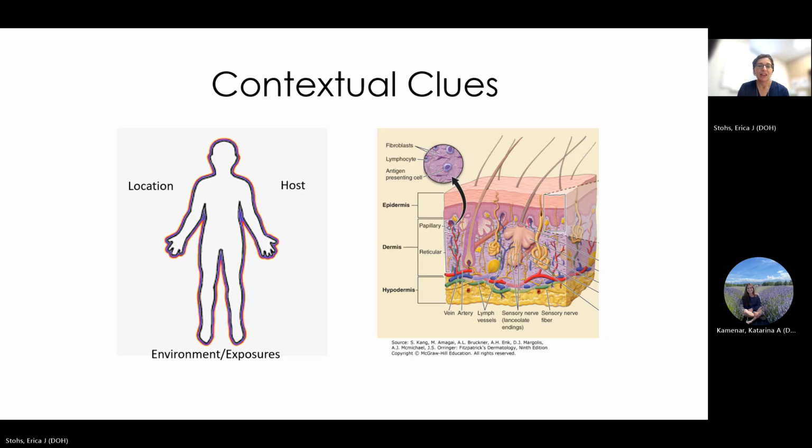Before we dive in, it's important to think about context when we are discussing cellulitis. If we step back, think about our host. Is this an immunocompromised person or immunocompetent? The location on the body is going to tell you a lot about the different kinds of organisms that might be causing a skin and soft tissue infection, but really there are two main ones that I'm going to talk about. And then also the environment or their exposures make a difference.